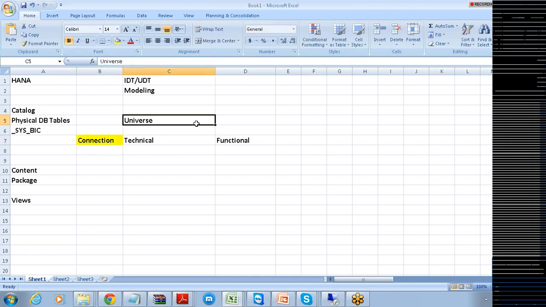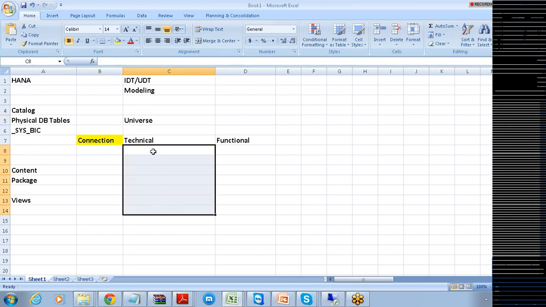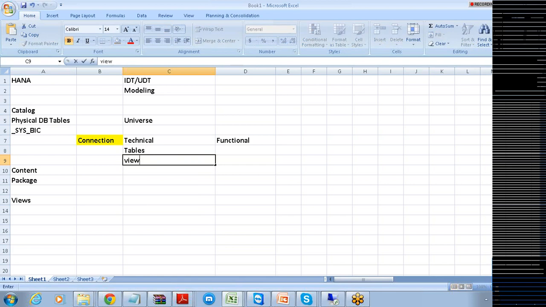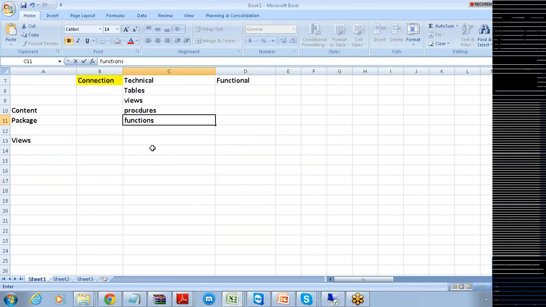See here, I'm making a connection to this HANA database and importing all the tables into the technical layer. Importing all the tables, we also talk about the views, as well as procedures and functions. We import them here, and start creating a model with the help of joins and relationships.